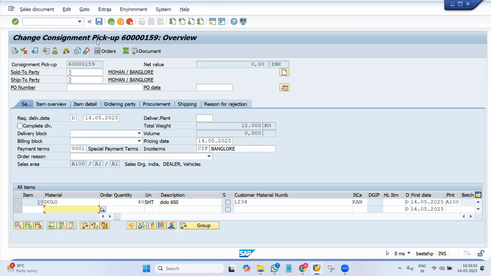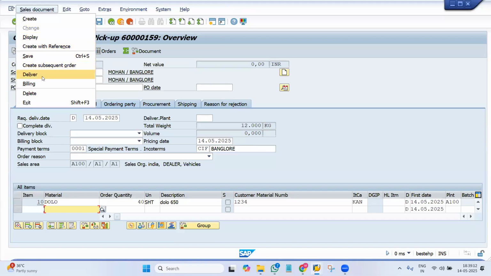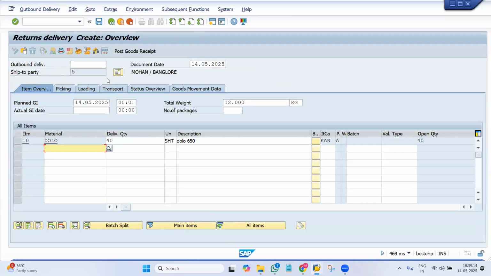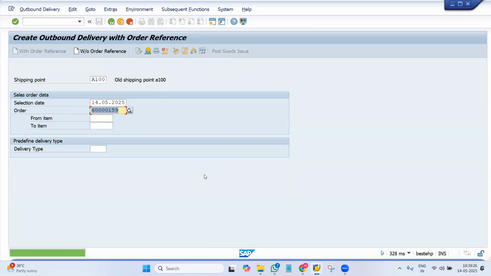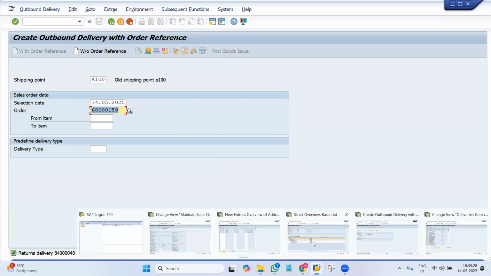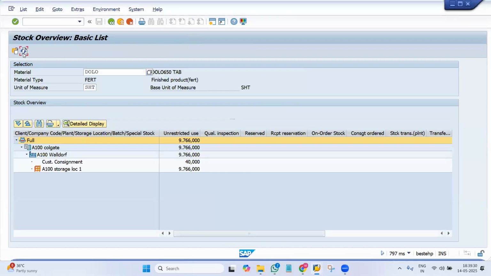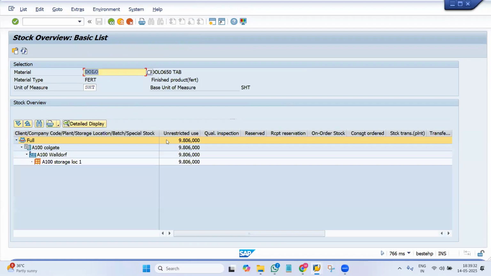So I don't raise invoice for myself, right? So directly delivery. Go to picked quantity and mention picked quantity 40. And do PGR again. That's it. Then now it has to update. So you can see it is added again here. So that 40 quantity. There is no consignment stock now. Okay. So this is about